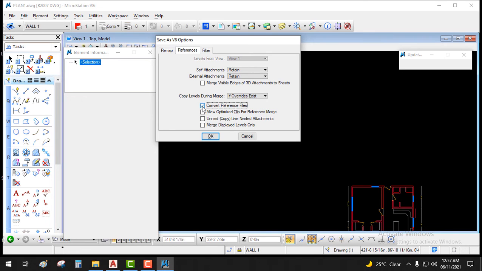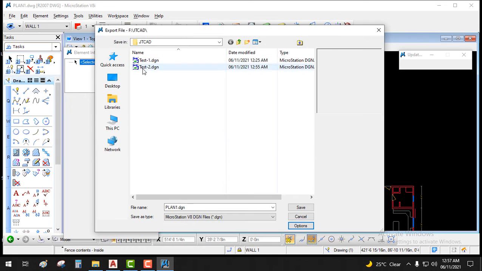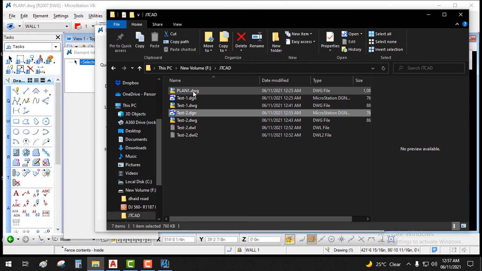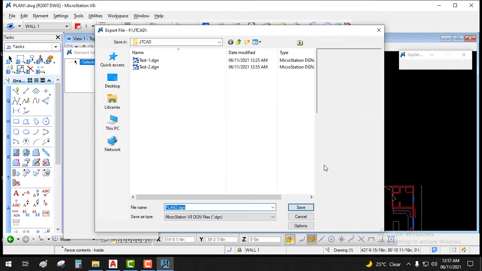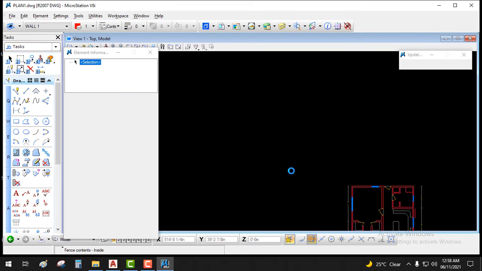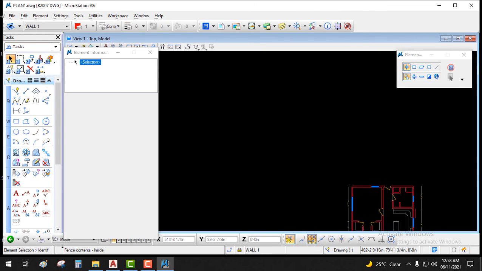I'll say yes, convert the references, and you can see the other settings here as well. I'll hit OK, and I'll name it plan2.dgn. You can see here in my folder there is no plan2.dgn. I will save it, and now you can see here that it is